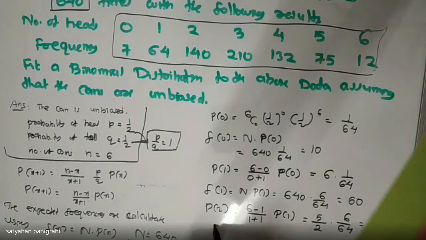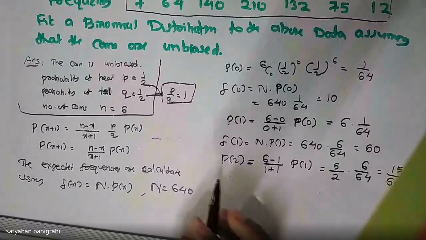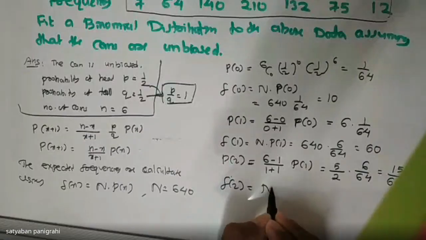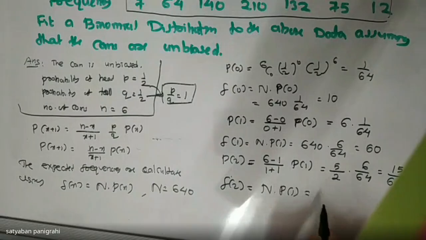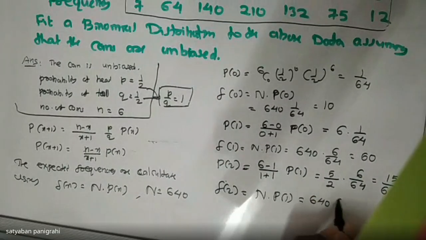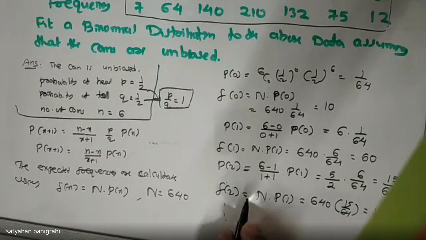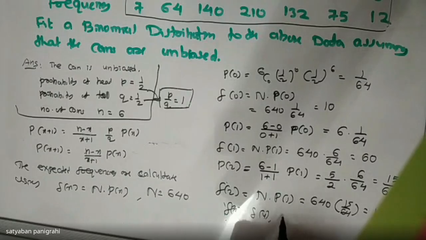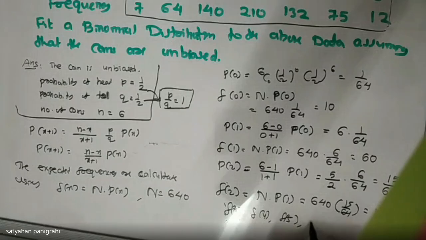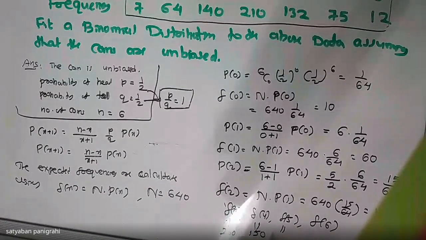Now knowing this, we can go for F2. F2 as N into P2, that is N equal to 640 with 15 by 64. This gives 150. And in a similar way, you can go for F3, F4, F5 and F6. When you compute, you can get F3 as 200, F4 value equal to 150, F5 value will be 60 and F6 value will be